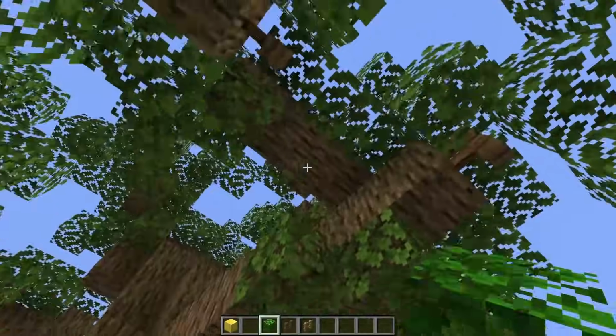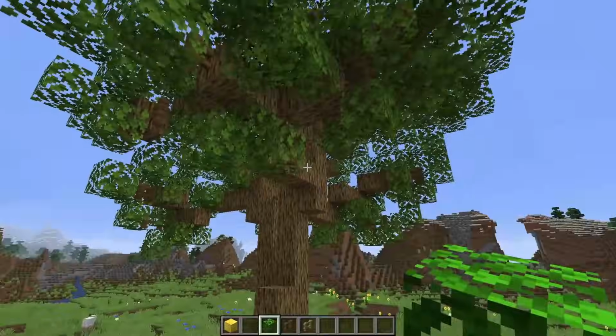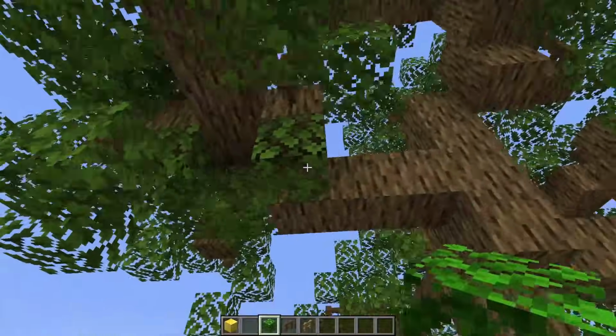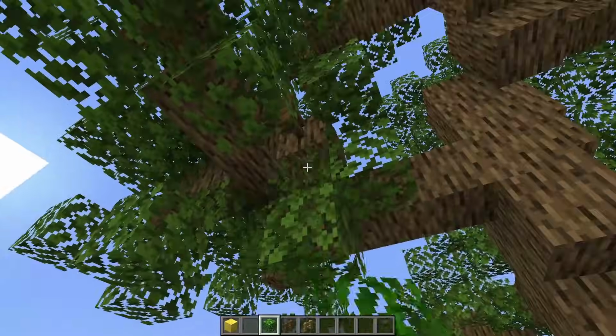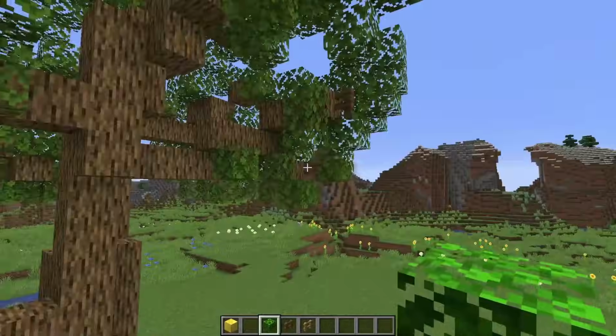The other thing I want to mention just before we finish this leaf section is to make sure that you are building up underneath the branches. You don't want to see too much of this wood, right? You want everything to be evenly coated in leaves, especially in this type of tree that we're going for, which is an oak tree.